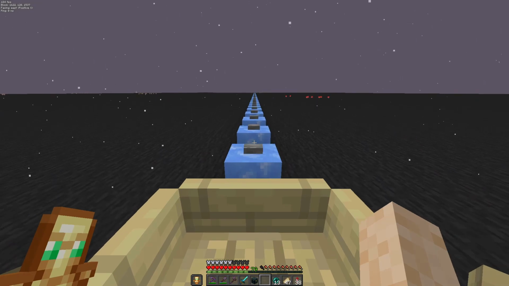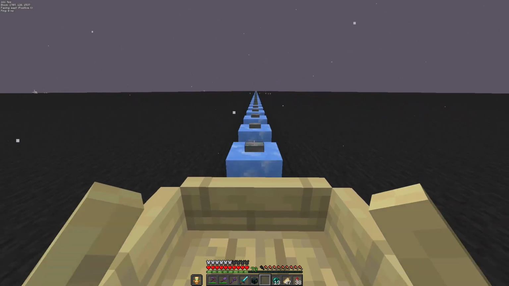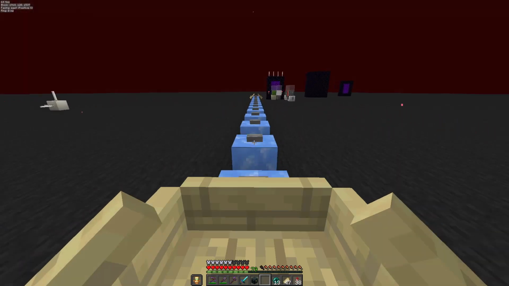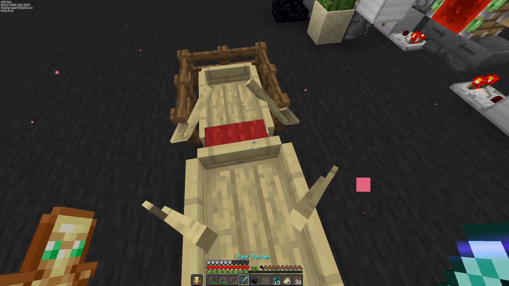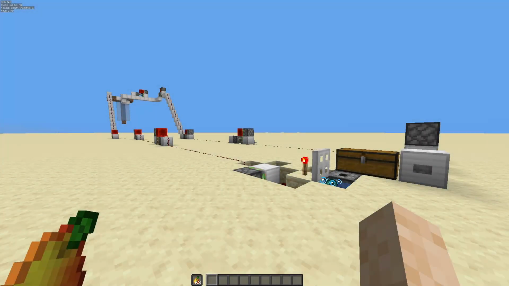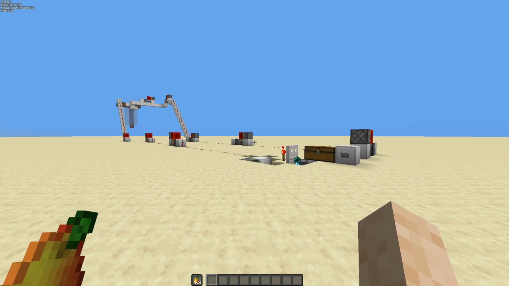I've already built ice roads, nether portal networks, and a bunch of other stuff to help optimize transportation. But I think what I'm going to try today is going to be a lot cooler and also faster than all of these. And that brings us over here to creative, where I've been experimenting a lot with ender pearl